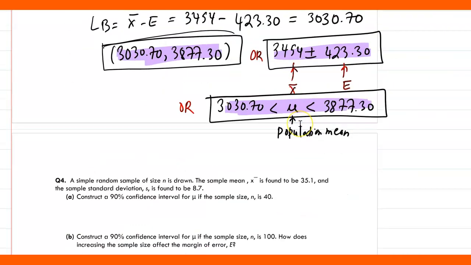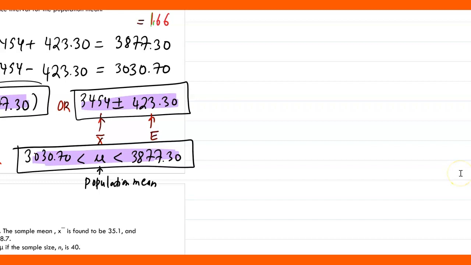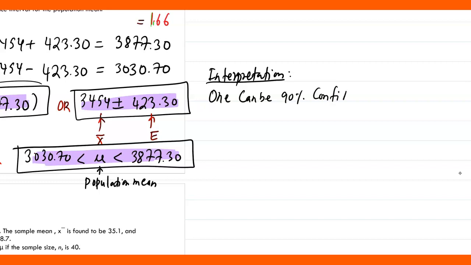All right, now the next question is interpretation. I'm going to interpret here for this particular question. What do you mean by a 90% confidence interval? That means we can put it this way: one can be 90% confident that the mean